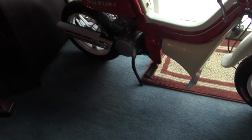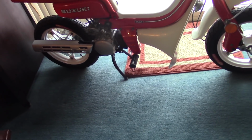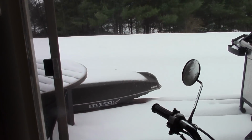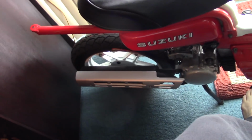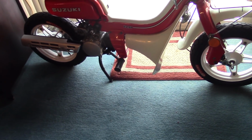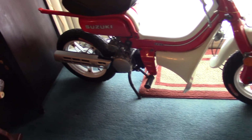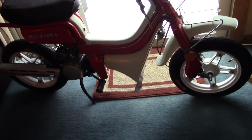And there's just not a lot of roads that'll allow you to enjoy something like this. The road that I live on is a 45 mile an hour road, and driving something like this on that road is a bit of a challenge. So there's not a lot of demand for these things. It's funny, you go on Craigslist, and every 14-year-old and his friend wants one of these things, but they don't have the money. You look at posts for moped wanted, and you look at what they're willing to give you. I will give you an iPod for a moped, or I'll give you a